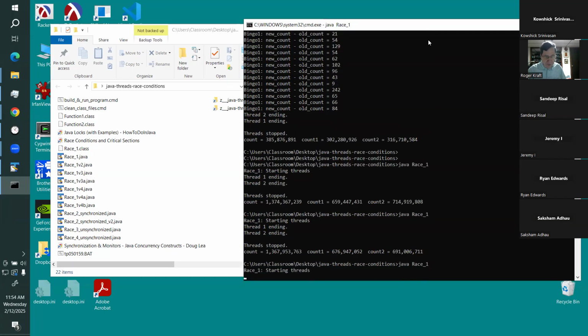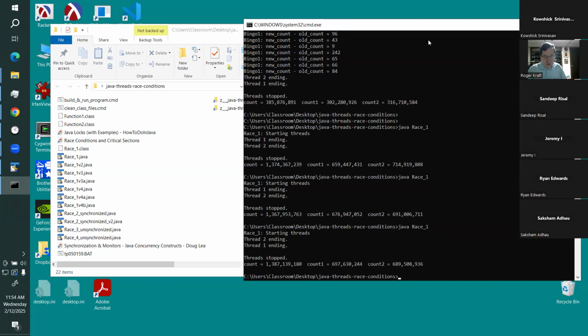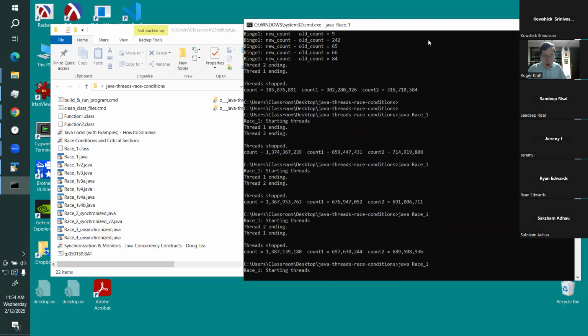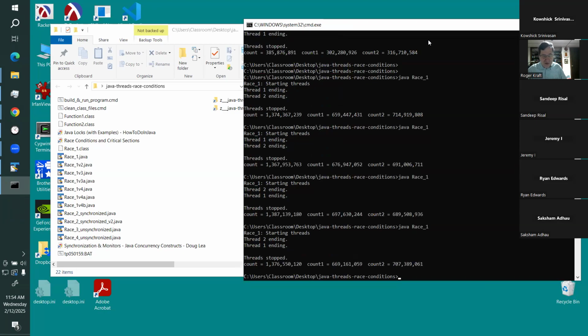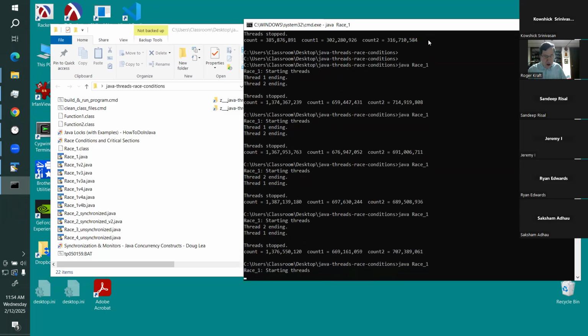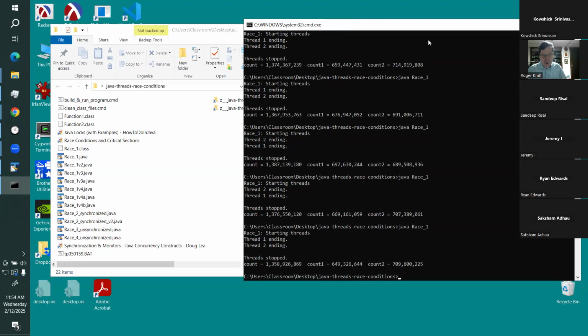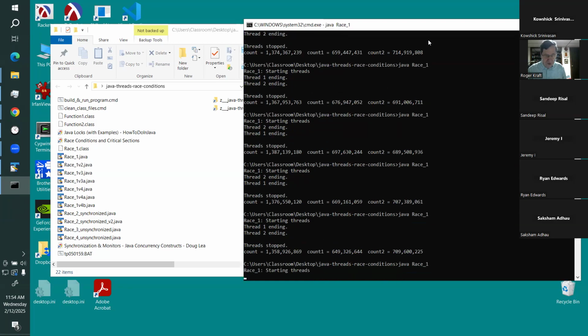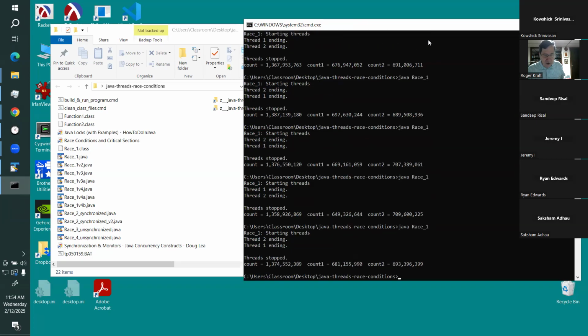Boy, on this CPU, a few years ago, when I had slower computers, I'd see like 2 or 3 race conditions. When I ran it on one core, I would usually get at least 2 or 3 race conditions. Here, I'm not getting any. So when I run this particular code on this CPU as fast as it is, it just